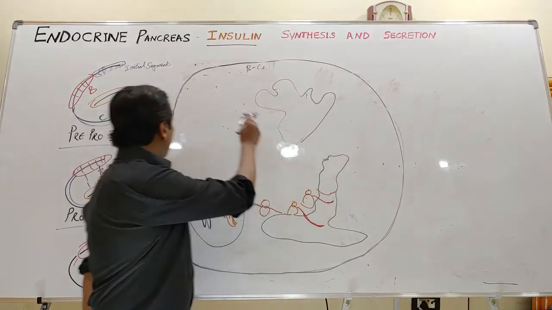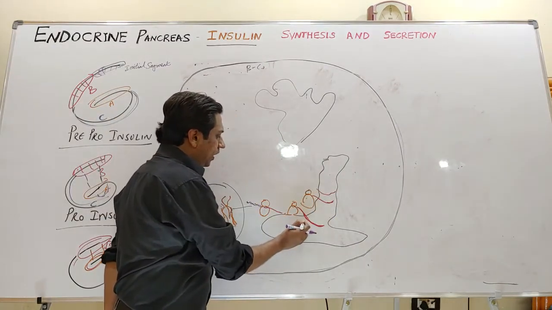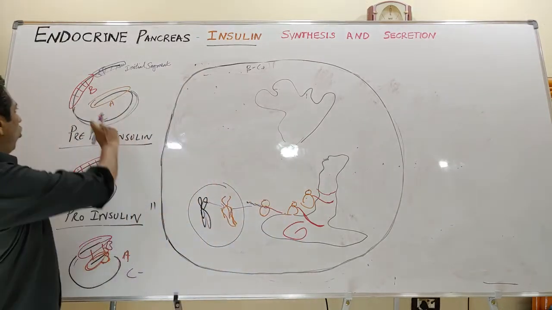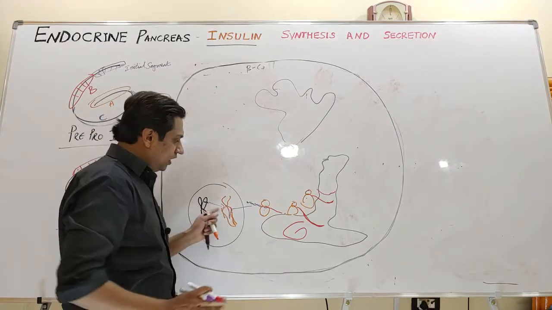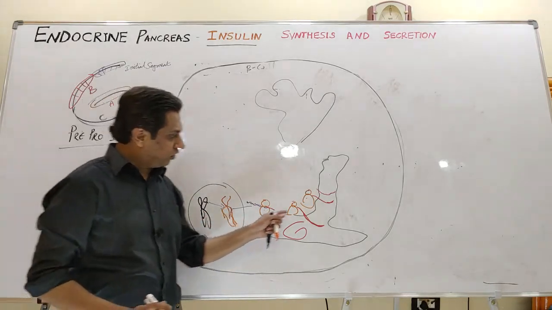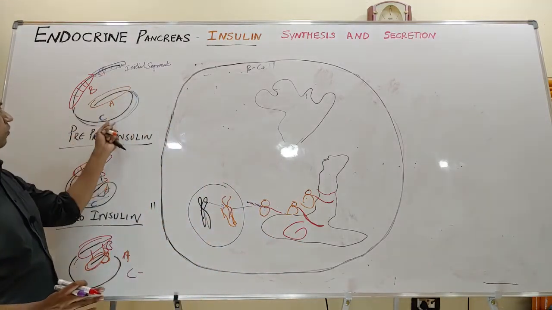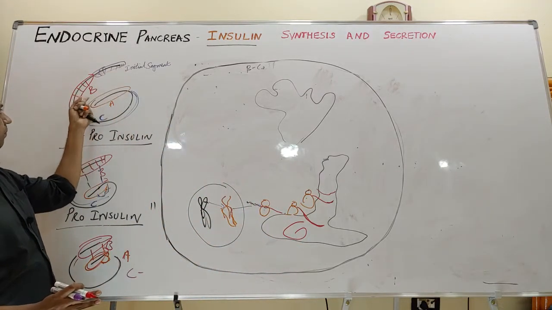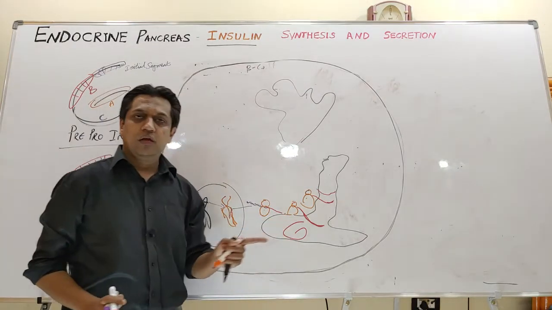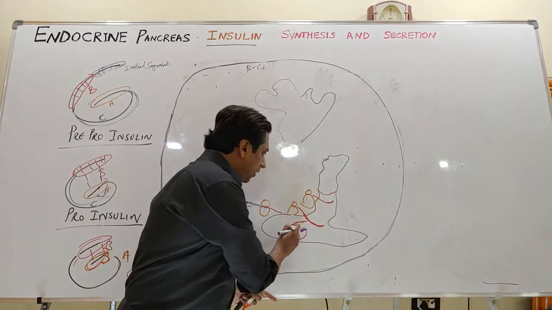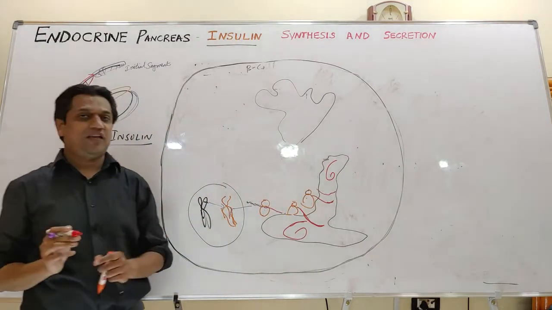It will increase and get folded, and the typical structure of the pre-pro-insulin molecule is synthesized. So from the nucleus, the gene encodes for the production of one polypeptide, pre-pro-insulin, which consists of the initial segment, A chain, B chain, and the connecting peptide. In the endoplasmic reticulum, ultimately many such pre-pro-insulins are synthesized.